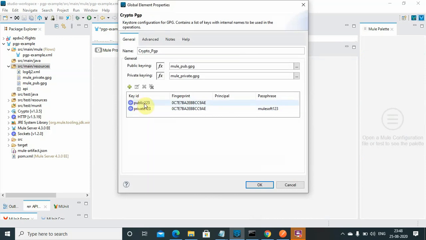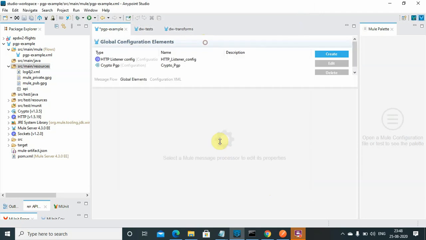The public key you will always get from the customer, and you don't require the passphrase for that. For the private key it's your own key, and you always require the passphrase for that. And in an actual real case, the fingerprint will differ, so you should know the public key fingerprint. But in this case we generated the public key and the private key from the same keys, that's why the fingerprints are the same. Okay, these are the configurations we need to do.